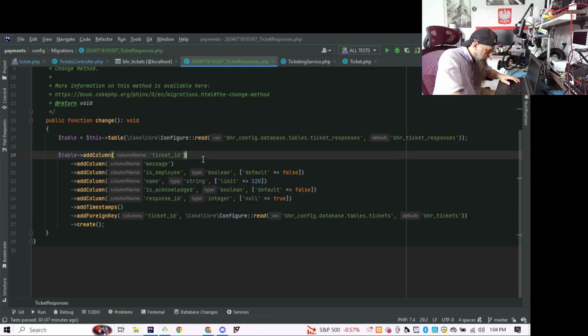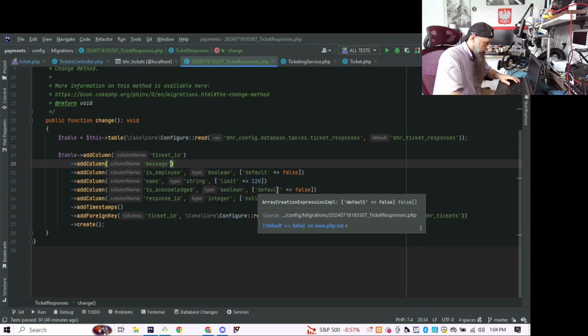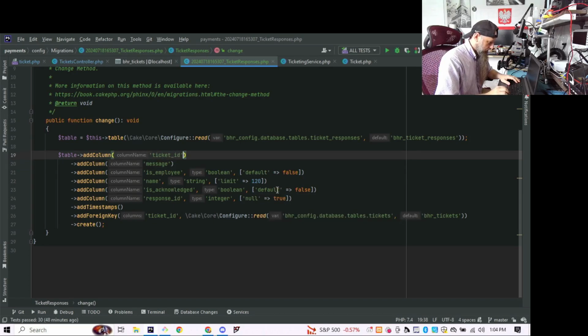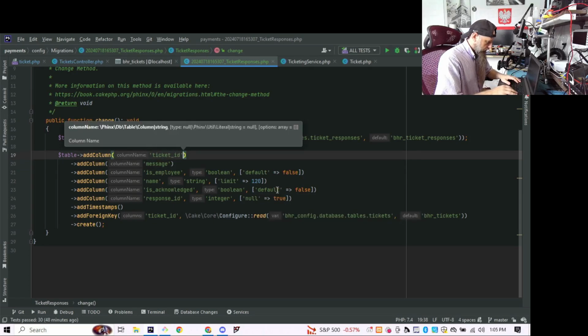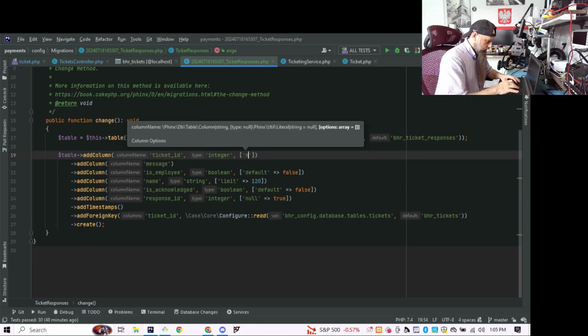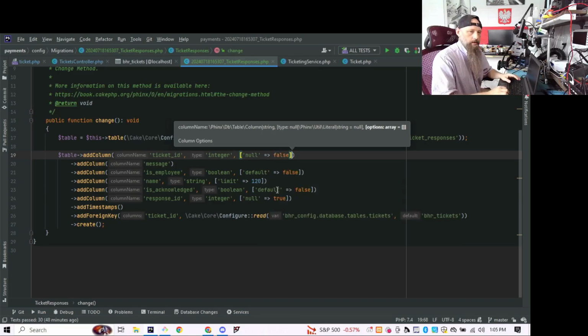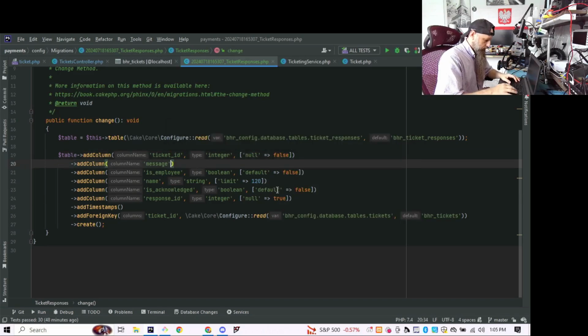What did we mess up over here? Oh, okay, hang on. So ticket ID, that's right, integer, and this is ticket ID. This is not nullable because the ticket needs to exist for the response to be integral. And the message is text,